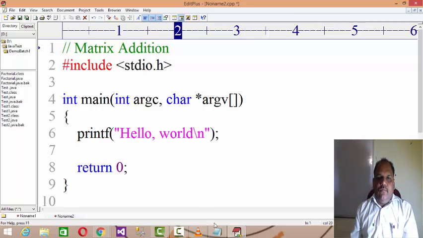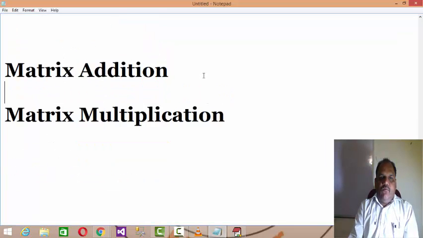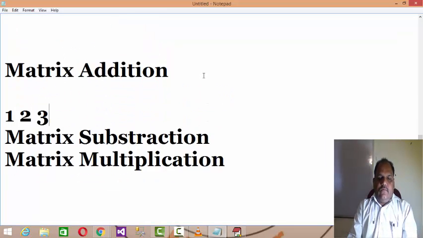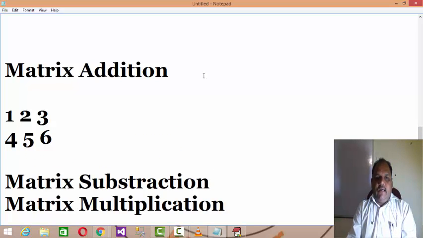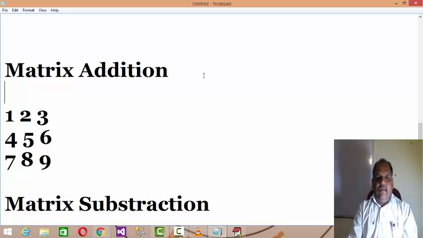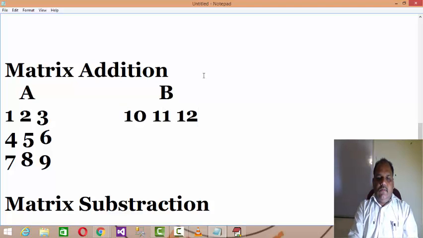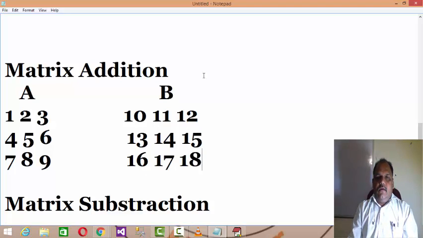Let's say you have a matrix like 1, 2, 3, 4, 5, 6, 7, 8, 9, and this is matrix A, and you have a matrix B having elements like 10, 11, 12, 13, 14, 15, 16, 17, 18.